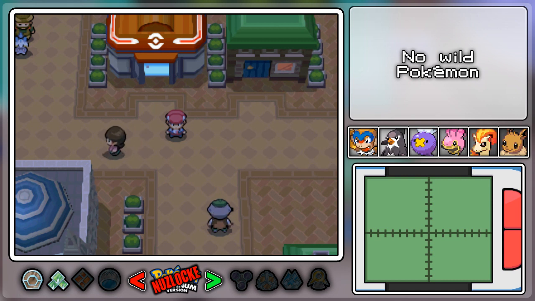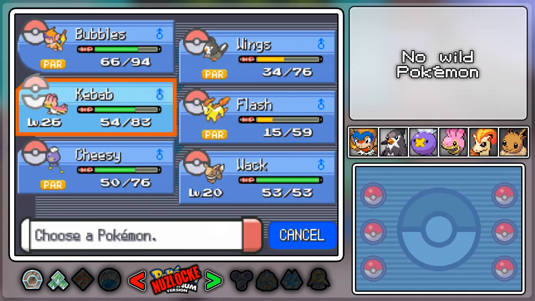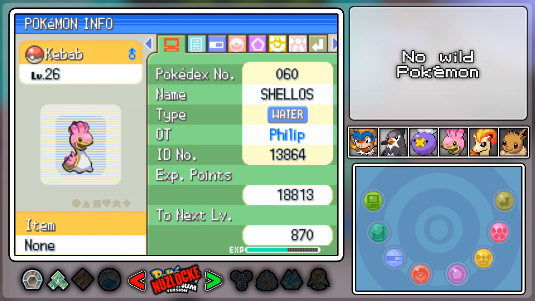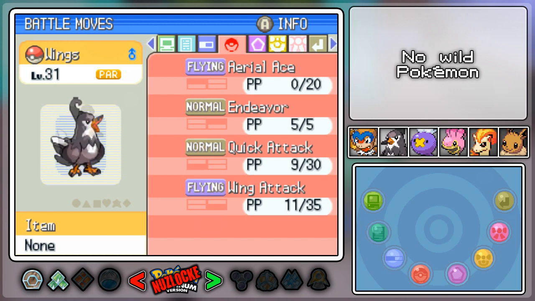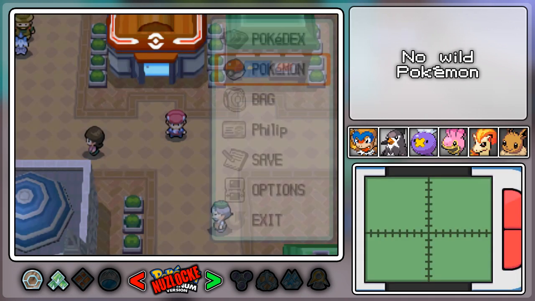So, that off-screen training I mentioned, I did so much of it. You can't really see my levels because my Pokemon are paralyzed due to the grinding of Roselias. But look, Monferno level 32, Staravia level 31. We are pretty overpowered right now. Granted, we don't have any attacks to use on said Pokemon, but that's where I'm going to quickly explain the